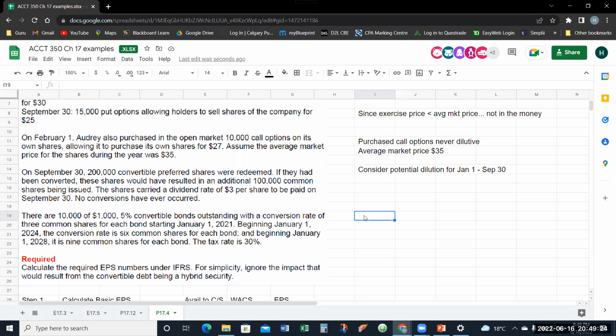When we are trying to report the possible worst scenario, you've got to take the worst possible outcome, right? So the worst possible outcome is 9 common shares per bond. So even though the 9 common shares per bond scenario is not going to happen until 2028, any person that is looking to invest in the company now, looking to buy its common shares now,